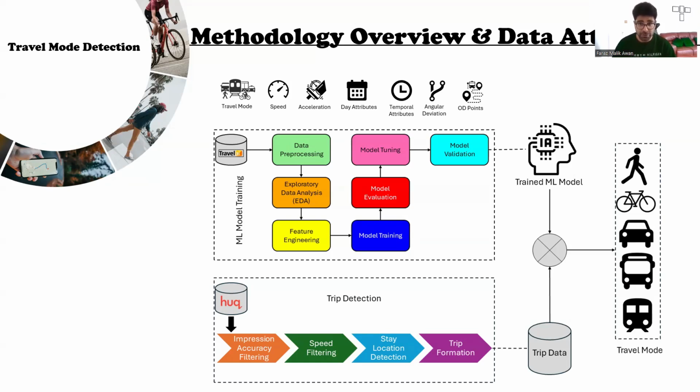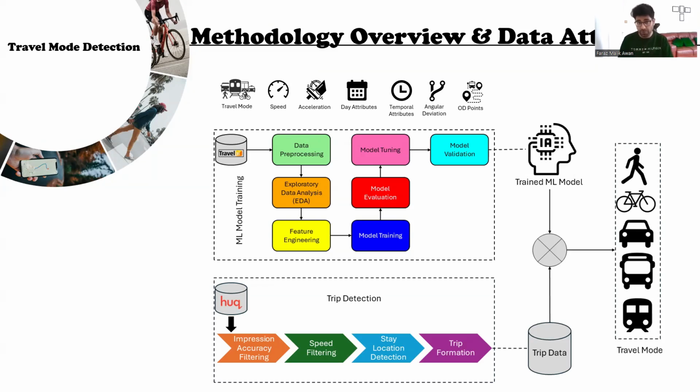Moving forward, we also use the OT points attribute. This is basically a flag variable which indicates if a particular trip started or ended somewhere near a bus station, railway station, or service stations. Following the convention, the secondary data set was divided into training and testing data. 67% of the data was used for training and 33% of the data was used for testing.